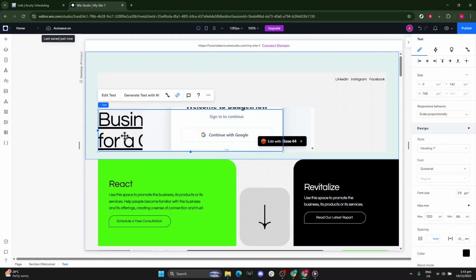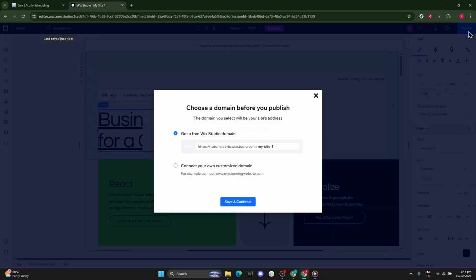If your builder shows a preview, you can glance at how it looks to your visitors. When you're satisfied, publish or save your changes so the link is live. That's all you need to reliably share your scheduling link directly with customers and